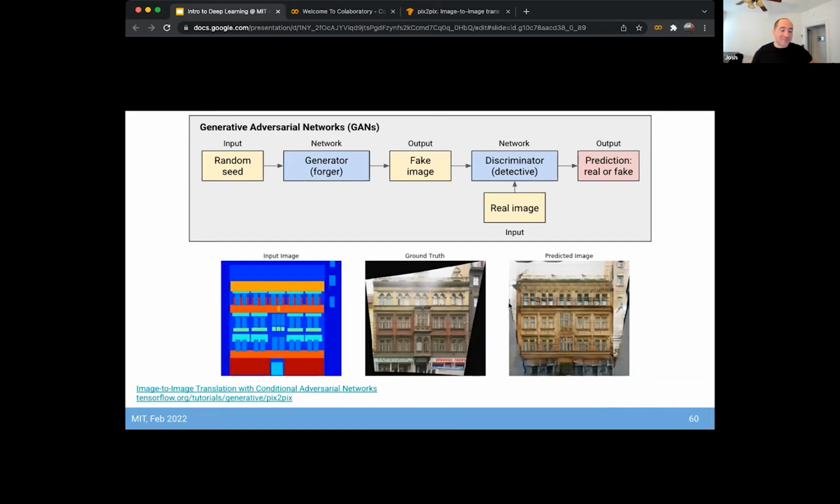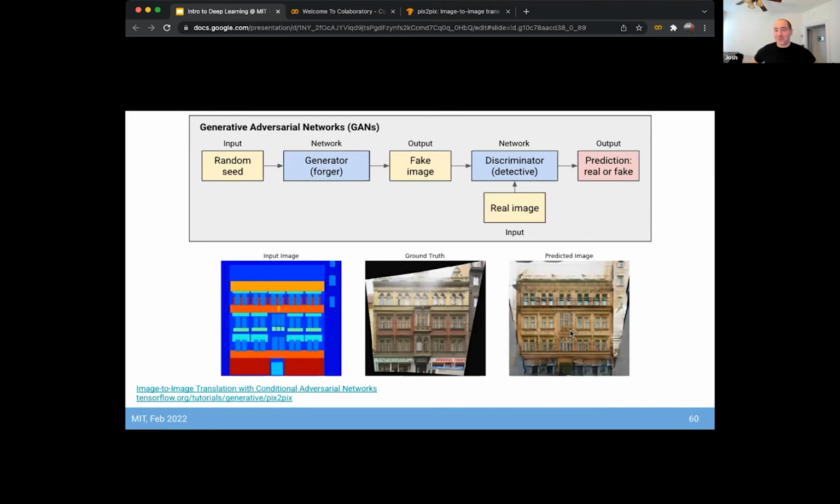Basically, in this example here, we have these block diagrams of input images. They correspond to pictures of buildings and hotels and storefronts and things like that. The GAN will start with a block diagram and attempt to generate an image that corresponds to the blocks. On the right here, you can look at the synthesized image from the GAN. And the way these GANs work is,